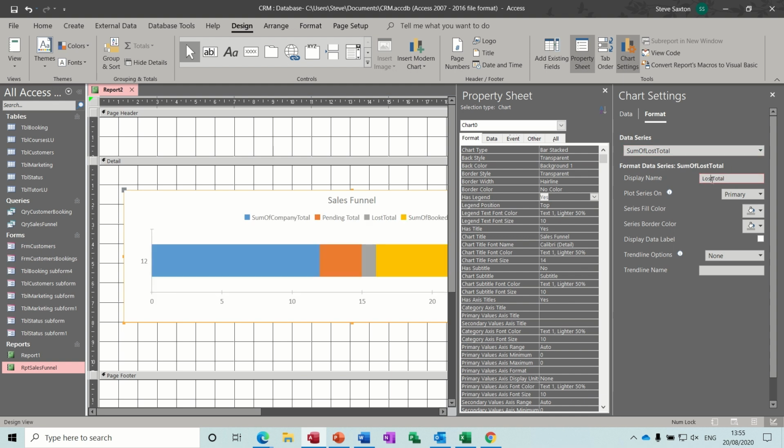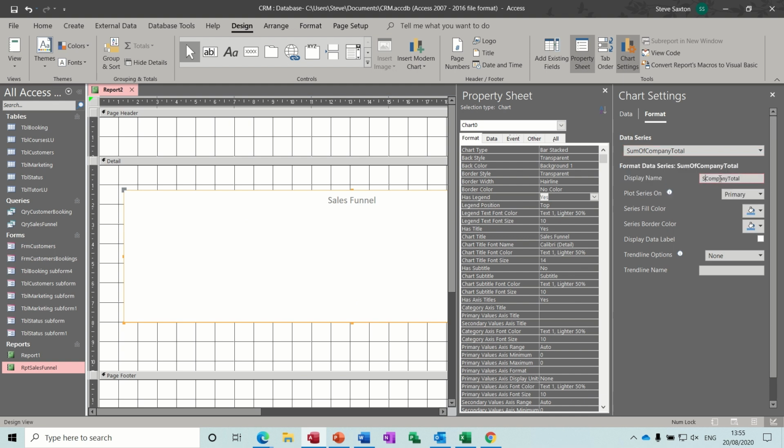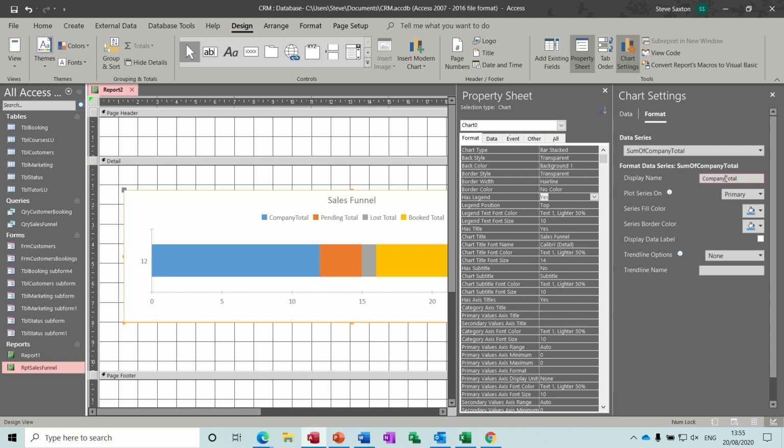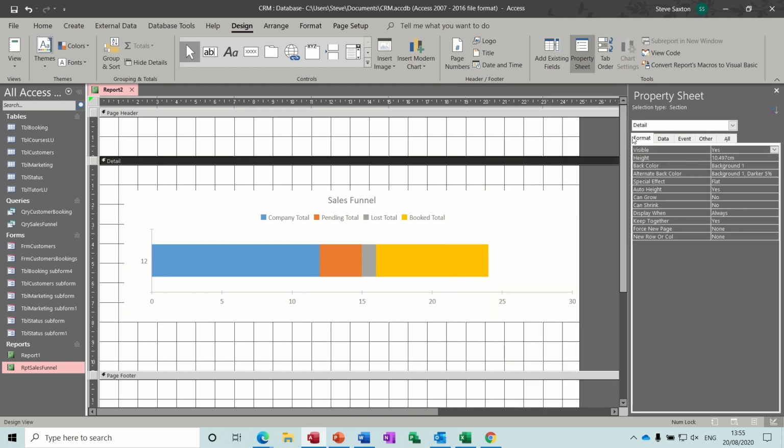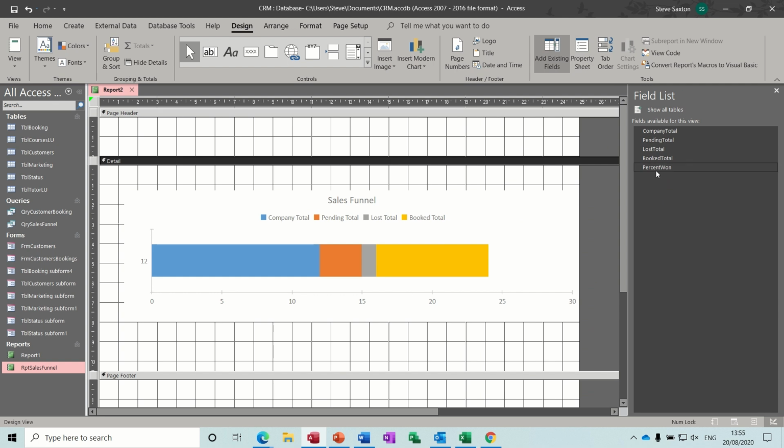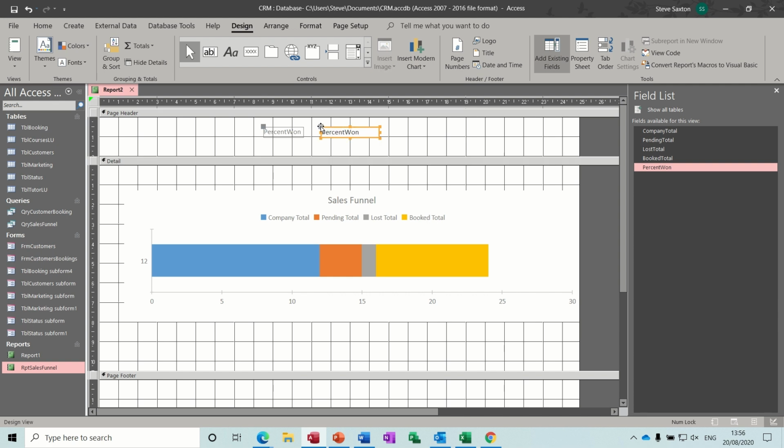put a space in it, select the next one down, get rid of that, make a space, and then the last one, get rid of the sum of, make a space. So you've got rid of, you've renamed the labels. So I think I'm happy with this, so I can get rid of, click on to the rest of this, put the fields back on, because this %1 is a field I want to be at the top. Just make a space for that,